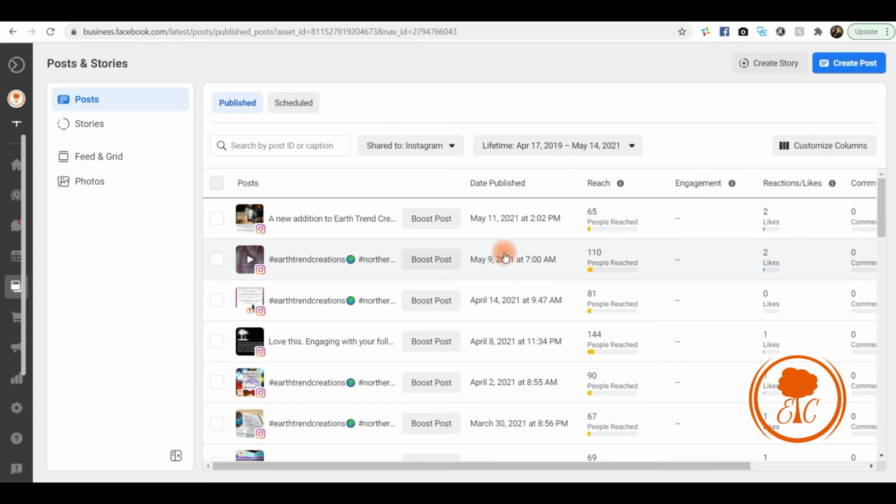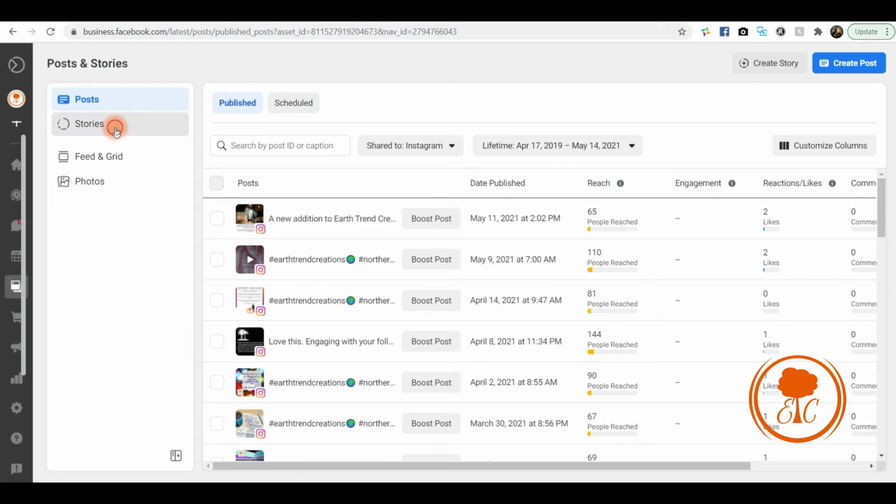Some people want to keep an eye on how much they've boosted. Some people want to keep an eye on the reach. You can make it whatever you want to see. Depending on the agency that you're working for, sometimes their needs are going to be very specific. So this is incredibly useful. And if you don't spend a lot of time digging into these programs, you might not have